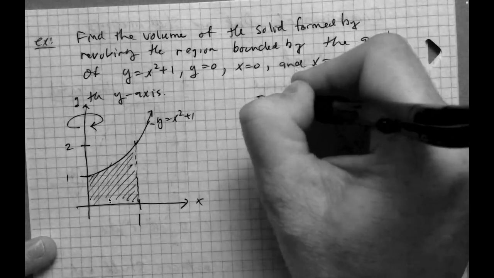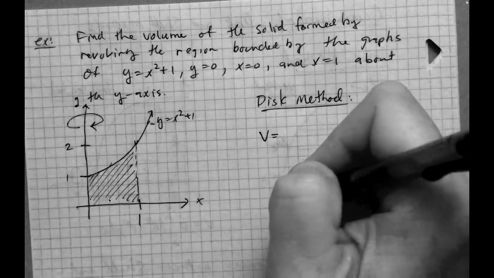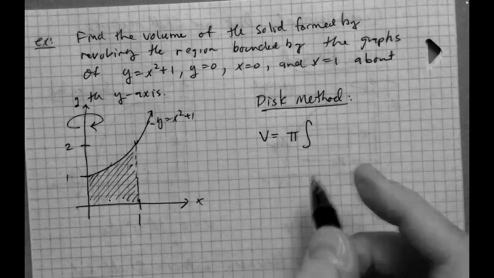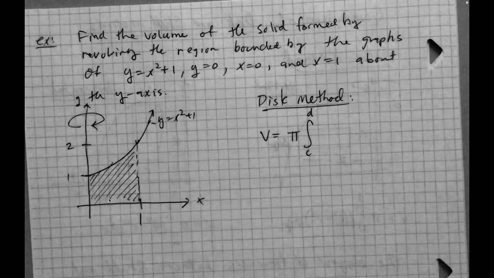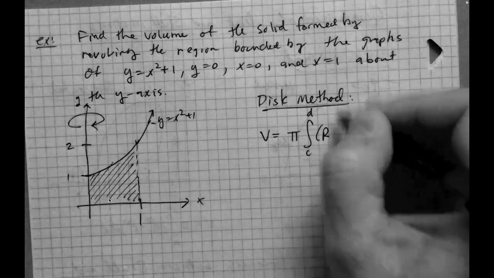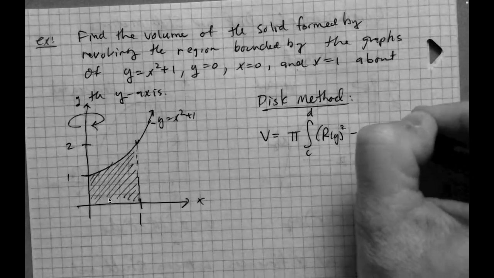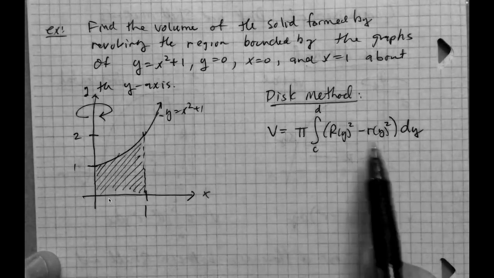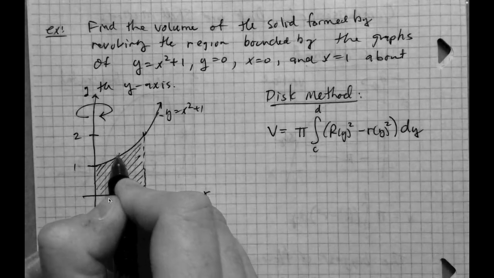The disk method: the volume in this case is going to be equal to pi times the integral from c to d, since we're rotating around the vertical axis, of big R of y squared minus little r of y squared dy. That's the formula for the disk method. Both of them are functions of y, and we see what ended up happening